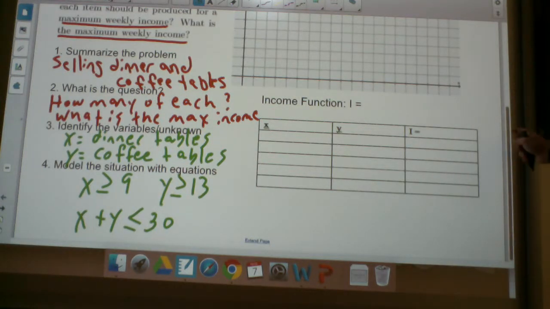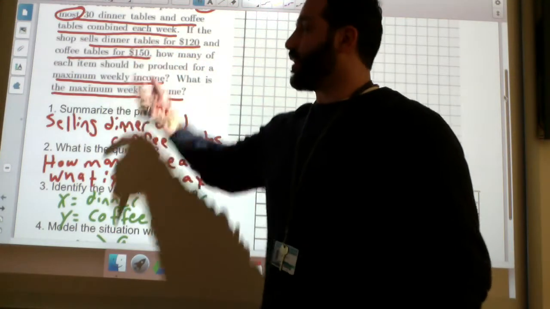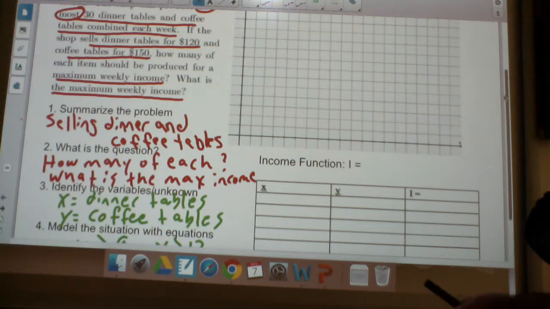Those are our constraints. We're going to be taking a look at the income piece of it. Your partner is going to be looking more at the income. That's what we're going to try to maximize, and you'll find out what it really means to maximize an income. All right? So the next step after we form our constraints,